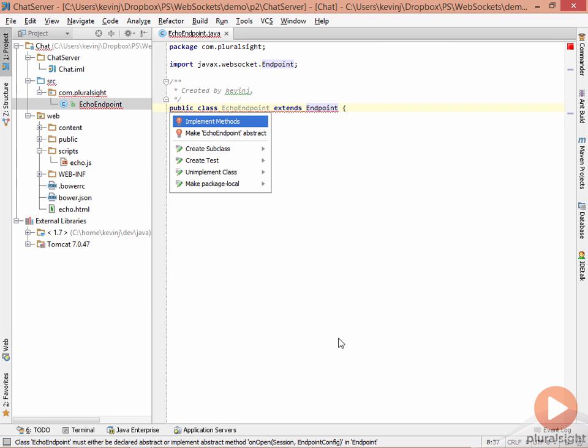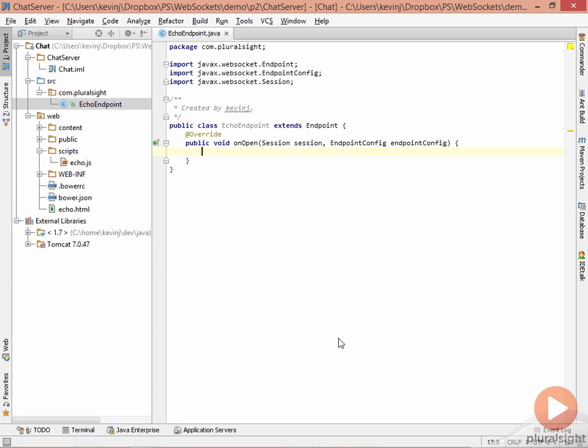Once we have that class in place, we can implement the methods on the class. And the one method we care about is the onOpen method. The onOpen method is called when the client opens a connection to the server. This method is passed a session object, and it's the session object that we really care about. This session object allows us to get information about the remote client, such as timeouts that have been set, such as the protocols that we're using to do the communication. It also allows us to get something called a remote endpoint that we can then use to communicate with that